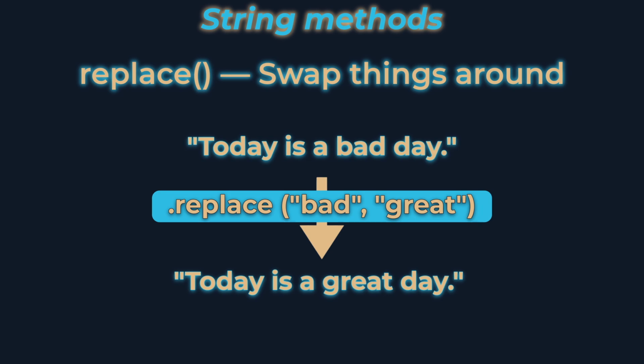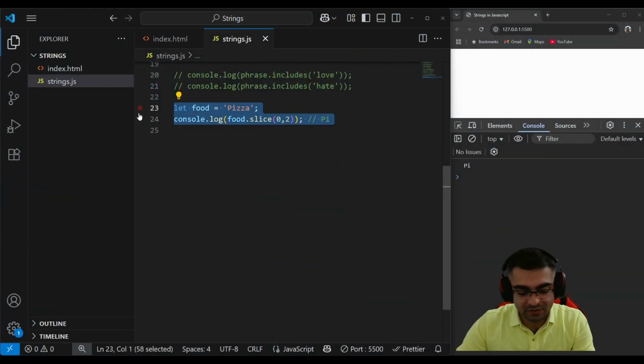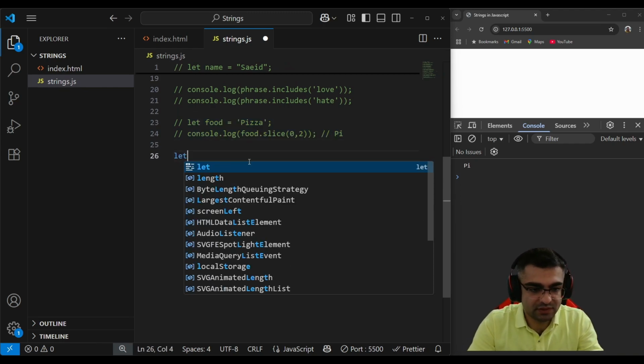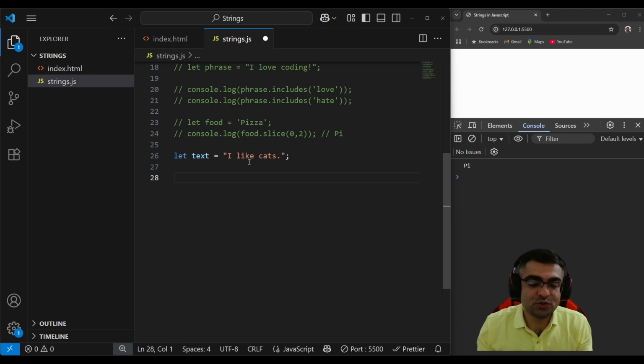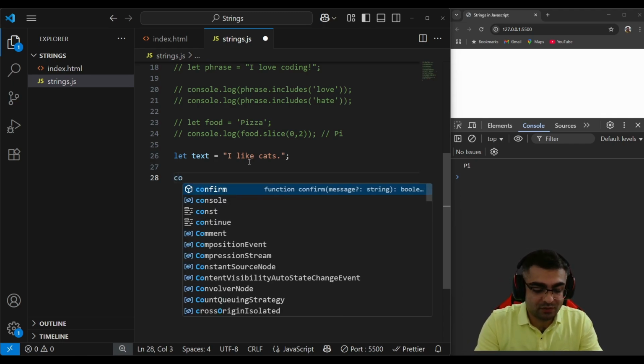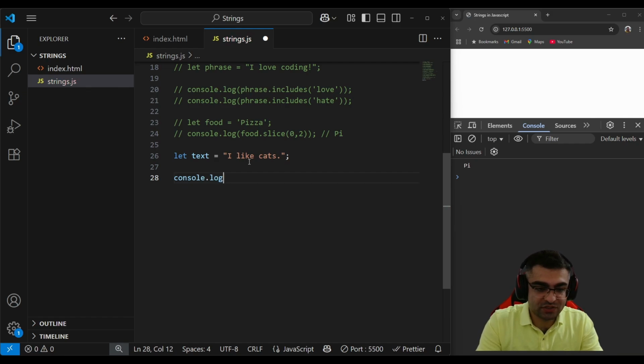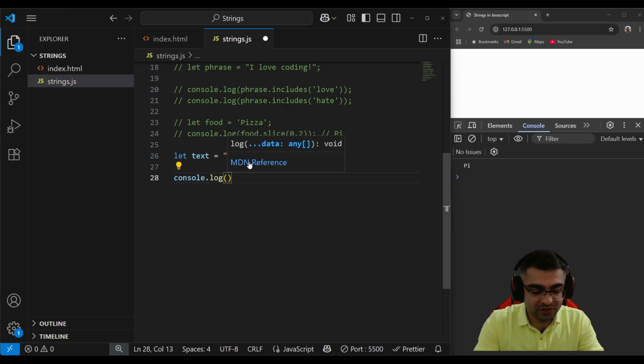Instant mood changer. Let's declare another variable. Let's text, I like cats. Here I would like to replace cats with dogs, maybe. So console.log here the variable name